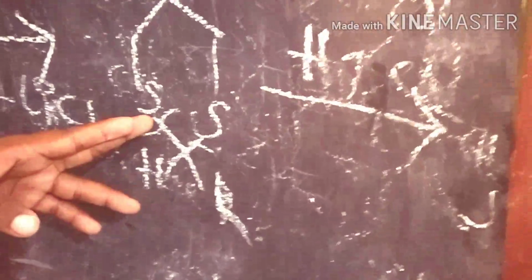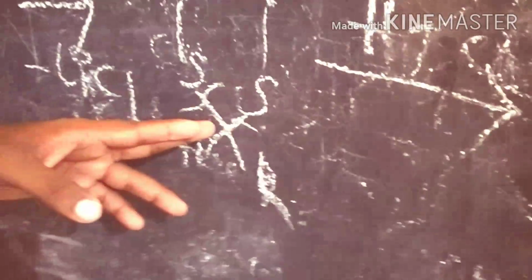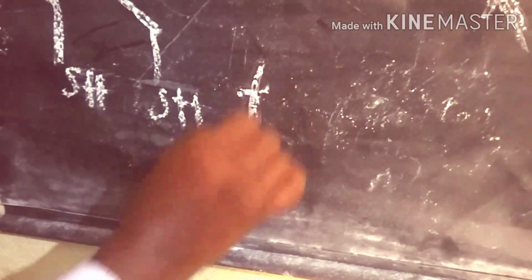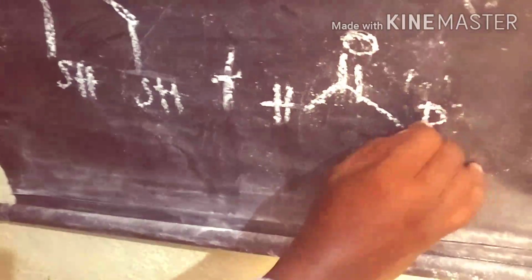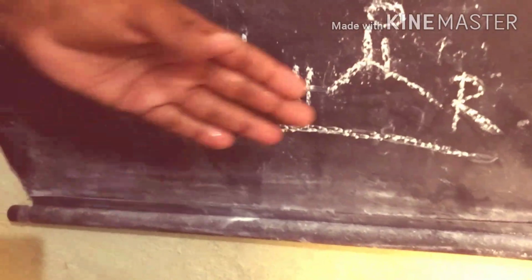Here, between sulfur and carbon, the electronegativity of sulfur is more than carbon. What is the electronegativity of sulfur? It is 2.8 and carbon is 2.5. That is why, in the hydrolysis process, sulfur takes the H plus ion and carbon takes the OH minus ion. Finally we get these two products, SH and SH, and this is the aldehyde product we get.